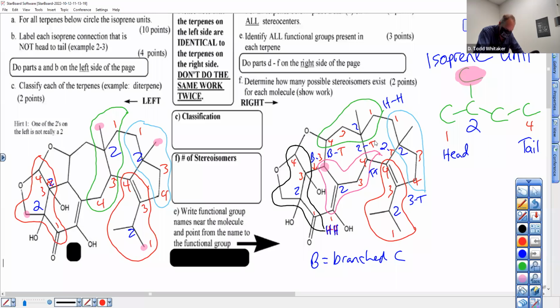This one's chock full of weird connections. This is a fascinating terpene. That's what I call it. T to 2 or 2 to T. You can write it one time and do 2 arrows because it works in 2 different directions. You can do that. And so we did parts A and B on the left